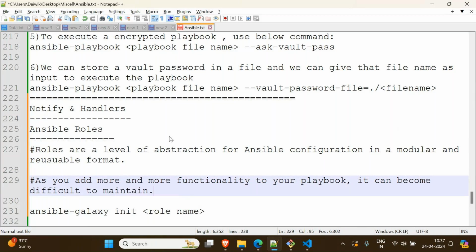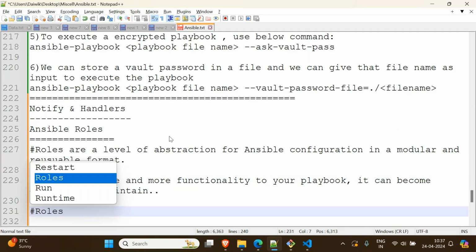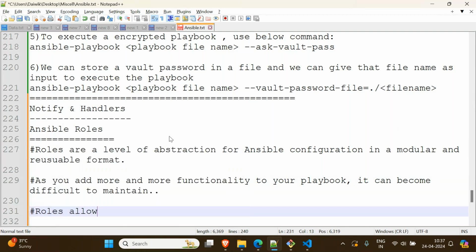Difficult to maintain, right? So normally in real time we use roles only. Roles allow you to break down a complex playbook into separate and smaller